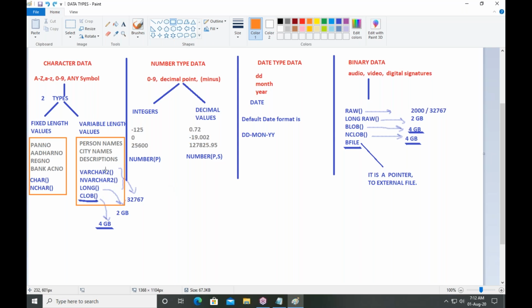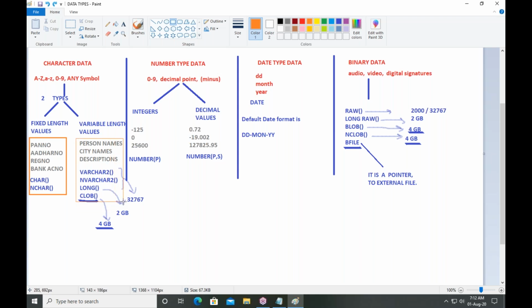To store variable length character values. See, nvarchar2 is also similar to varchar2. But what is nvarchar2? Normally we can store data in the English language.